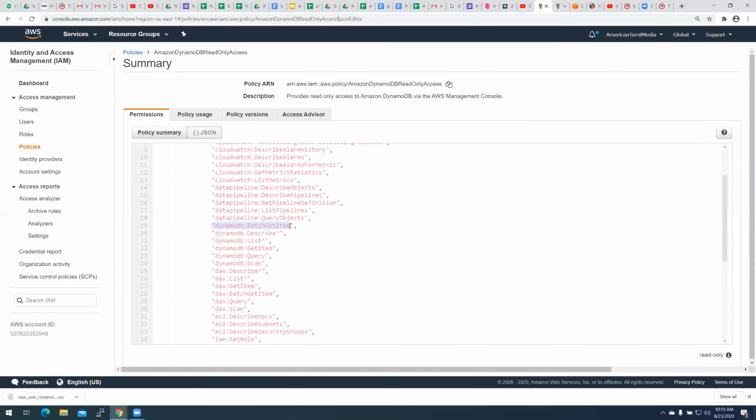If you know DynamoDB, to retrieve the data you have to use get item or batch get item. So get item is allowed in this, but there is no put item.